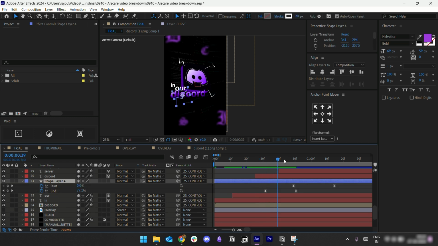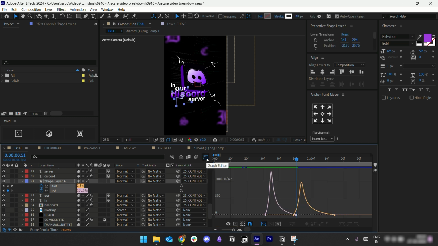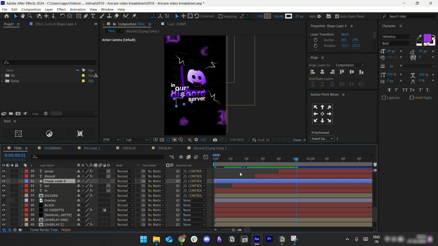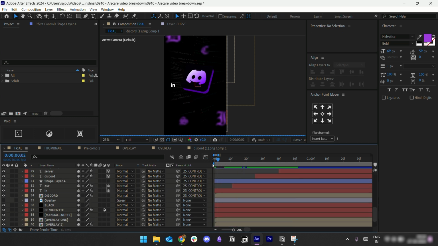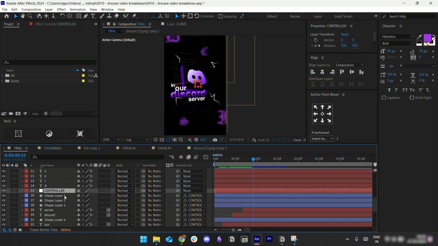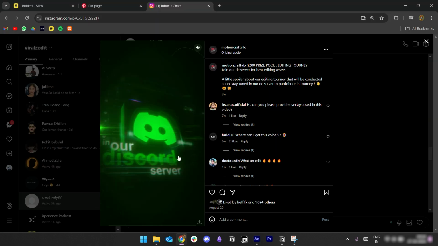Lightning is easy, nothing crazy. Just applied the trim paths and did this curve. I told you this is my basic curve which I use in each and every animation. That's it. I don't know a lot about curves myself. And after this, the animation which we got is of the controller. The reason why I use the controller is because you see,